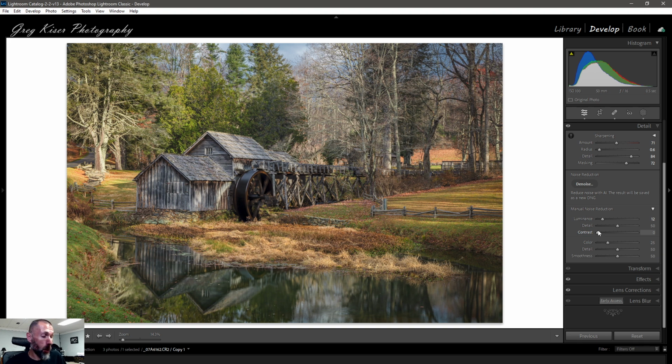So that pretty much brings us to the end of this one. I hope I didn't go overboard with it. I hope I didn't go too long. There is a lot to the detail tab, and if it's something that you want to work with in more detail,